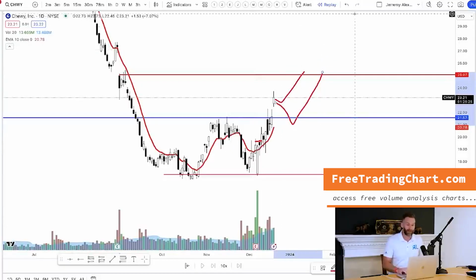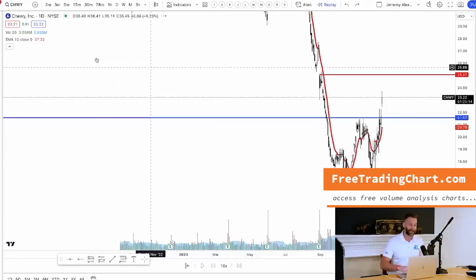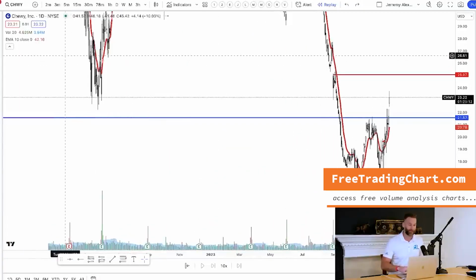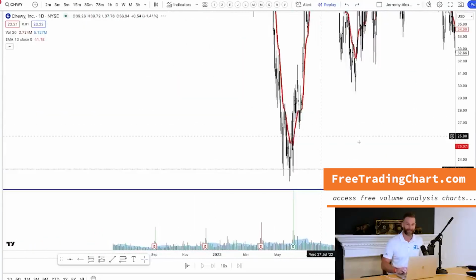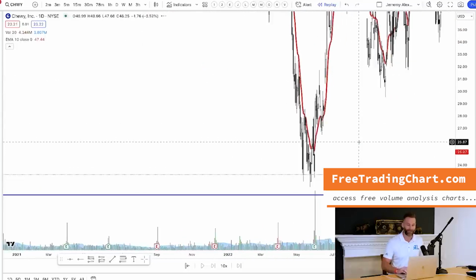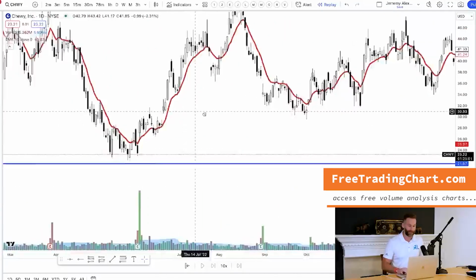Now, the other reason that I really truly believe that Chewy is going to do that price action is not because I'm a wizard. It's because I study charts a lot and look at volume. Let's go back in time on a previous transaction that I did take on Chewy, and I'm going to do the exact same volume analysis that I'm doing right now that I did back in May of 2022. This is going to blow your mind. Here's the daily chart,